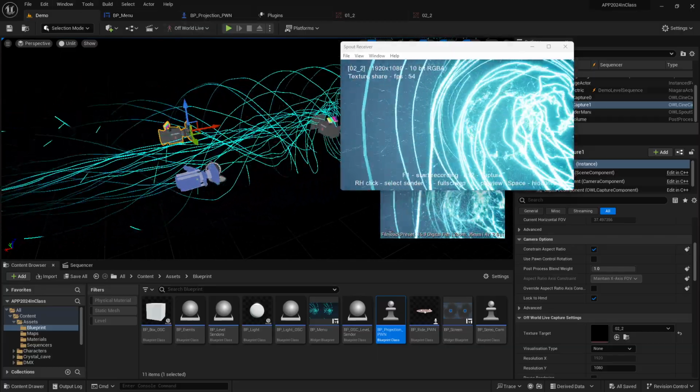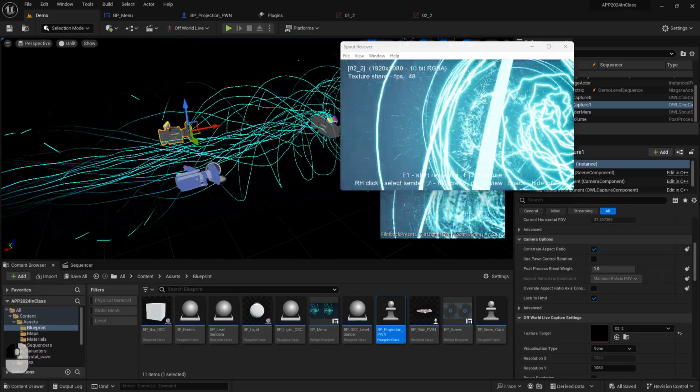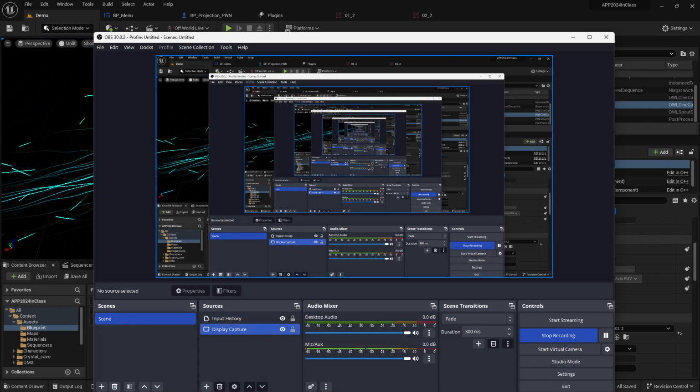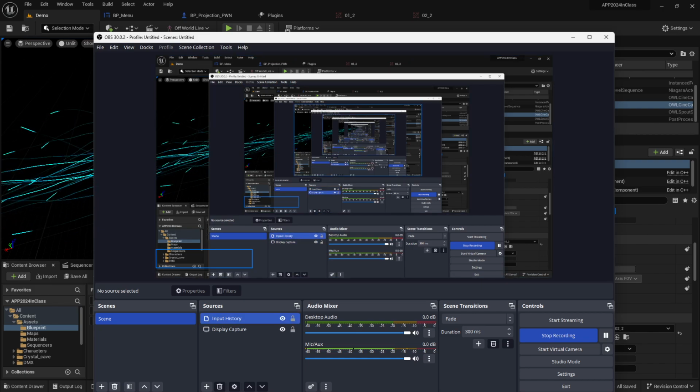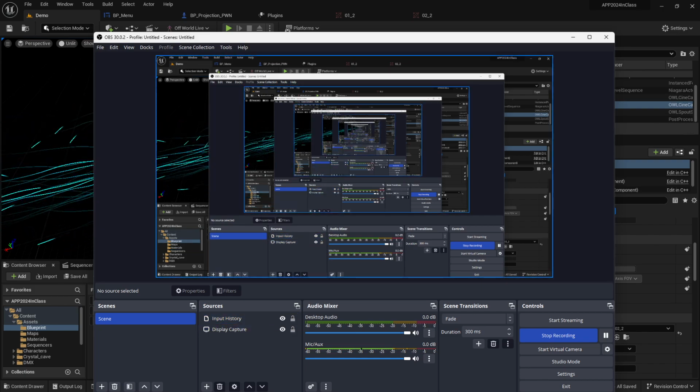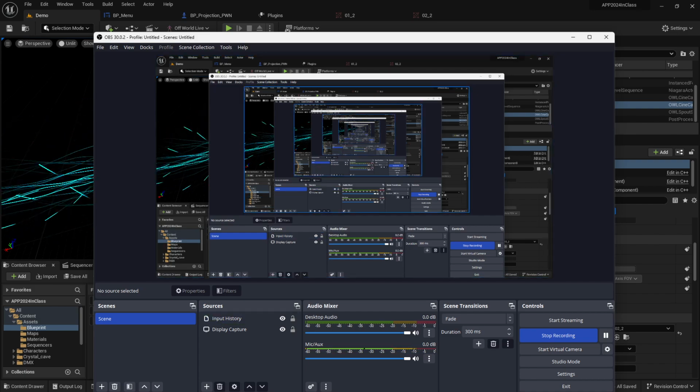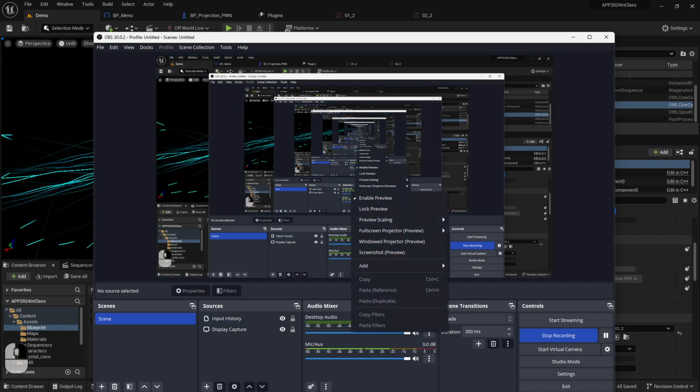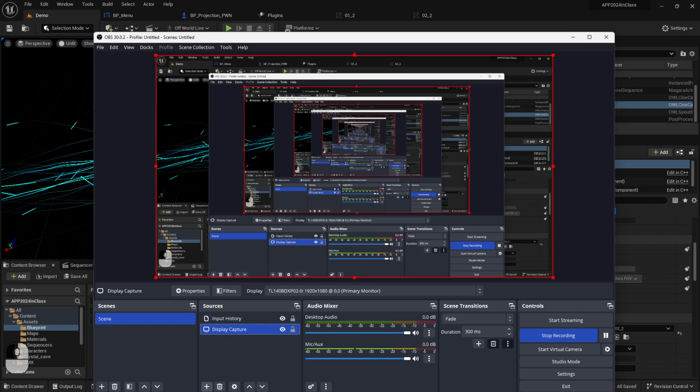and now I'm using it to record the class, which was the issue why I'm having to re-record this from scratch, is because I messed around with my scene and I stopped recording it. So the scene was destroyed. I switched over to another one, and I was recording a black screen, so I do it again. So here's what I'm recording. It has my input history, and it has my display capture. We're going to add